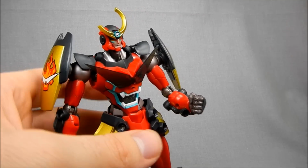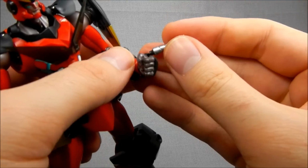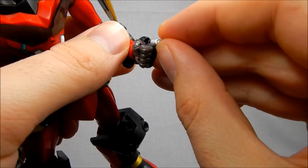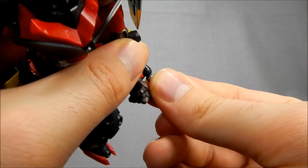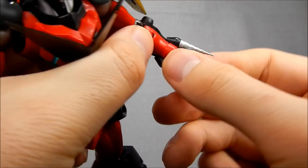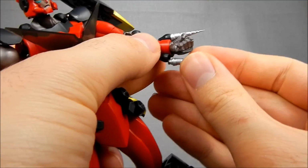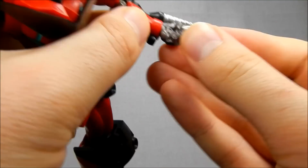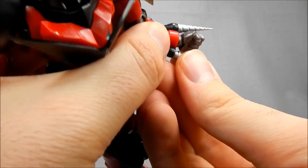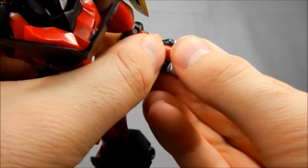So the only other real gimmick, let's see, right here, is he comes with those extra drills, and these are actually cavities down there that are usable. So you just pop these on either side, just kind of clip them into place, just like that. It's probably easier with the hand off, but I'm guessing it'd probably be pretty hard to put the hand back on. So I'm going to do it this way. And I'm trying not to break these. These are kind of a stiff plastic, so I don't want them to...